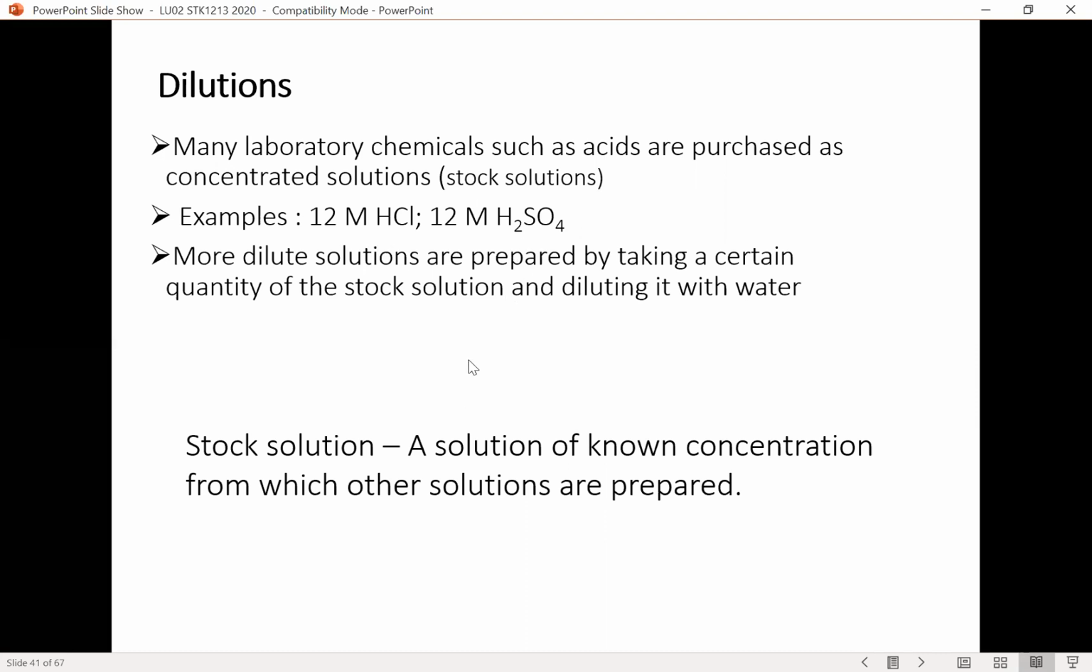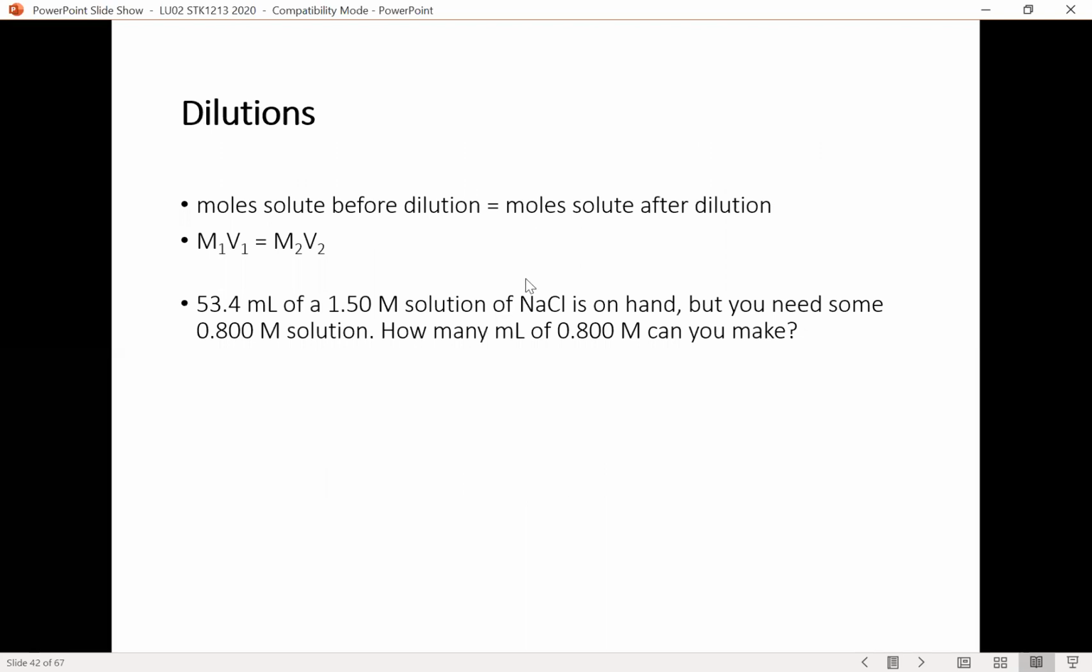So what we do is use the dilution technique to dilute the sample and make a less concentrated solution. Okay. So stock solution here is a solution of known concentration from which other solutions are prepared. More dilute solutions are prepared by taking a certain quantity of the stock solution and diluting it with water. When we deal with dilution, there is one